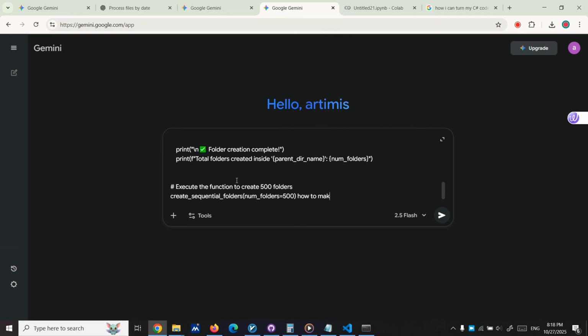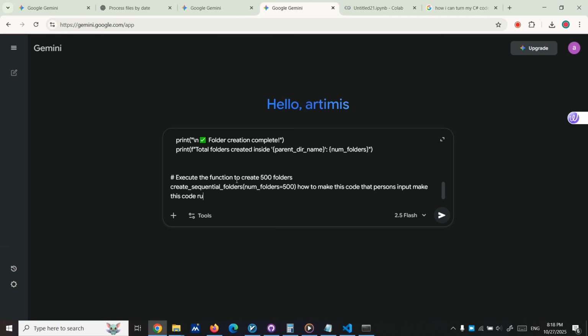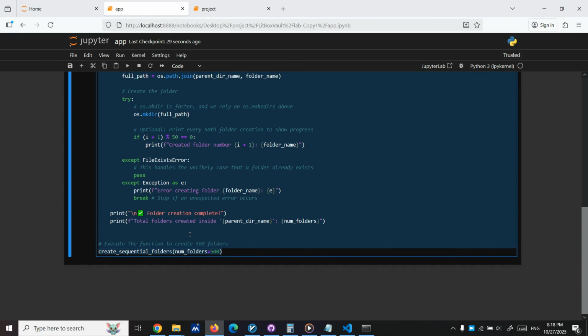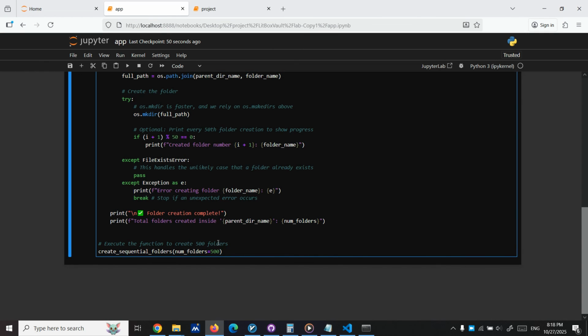How to make this code take a person's input and make this code run. You know how? I'm going to teach you before that. You just simply